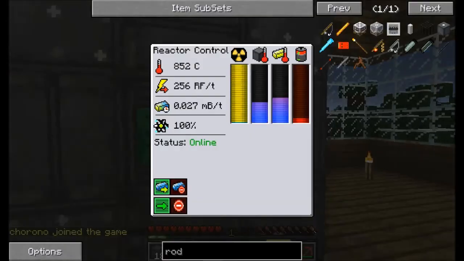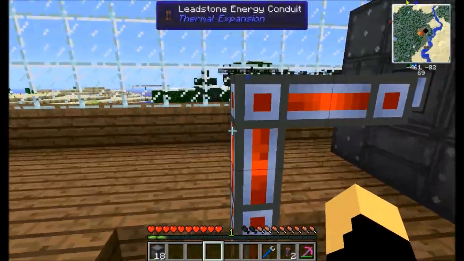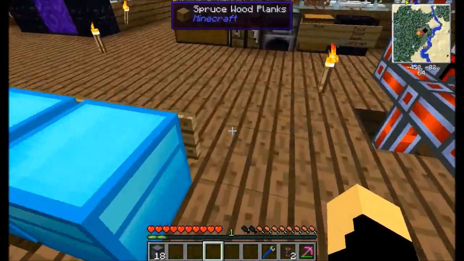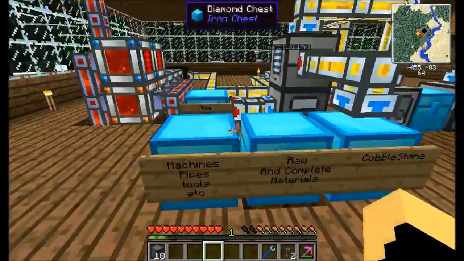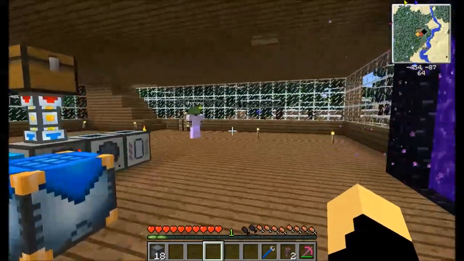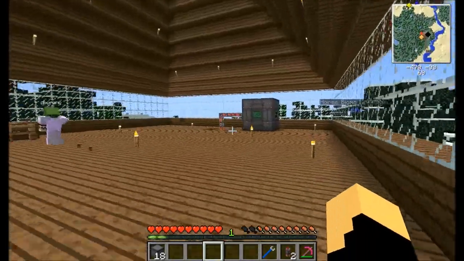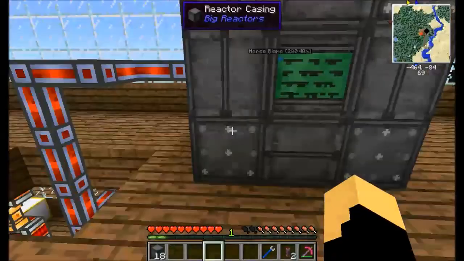I do believe, if I'm not mistaken, that I'm currently being inhibited by the type of energy conduits I'm using. So I need to fix that at some point. They're limiting power use. But there you go, that's all reactors. And you can make them as big as you want. The outer casing always has to be this. I mean the frame anyway. So the side pillars